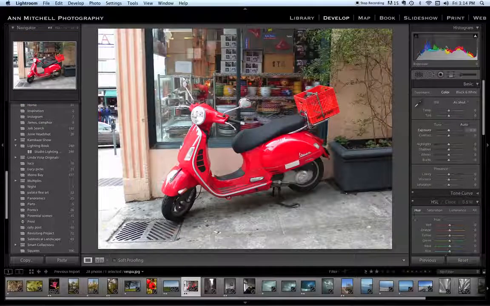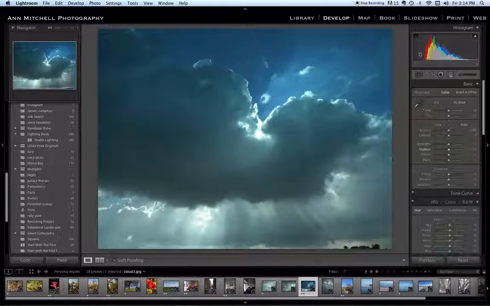On the right-hand side, we have the histogram, which also includes if there are any issues related to clipping. So let's see if I can bring those up. If I'm just putting my cursor over this top triangle, you see that red that comes up. That's an indication that in those areas there's no information, and I may want to adjust that.